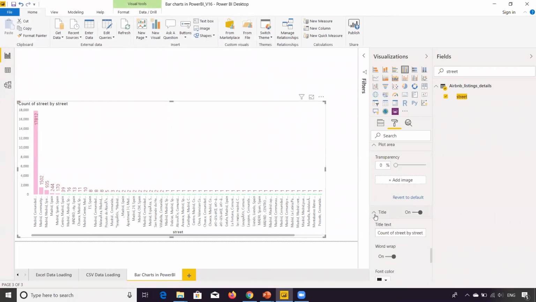Title is about the title of the chart. So, count of street by street. You can say property distribution, Airbnb property listings distribution in. Okay,